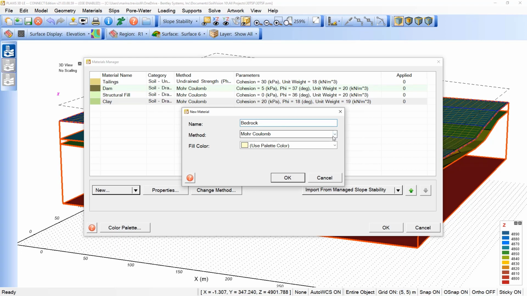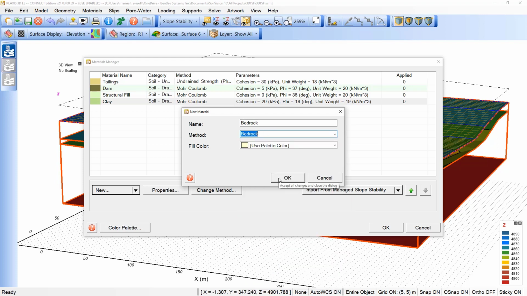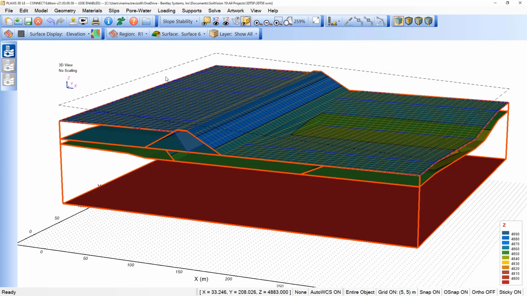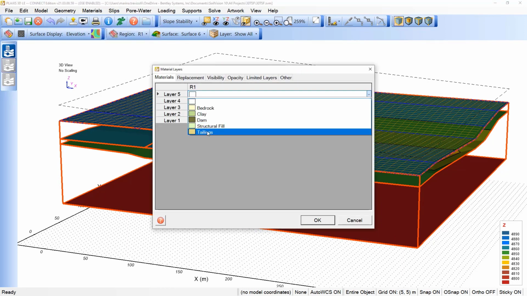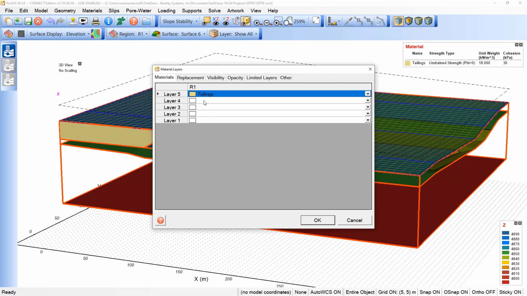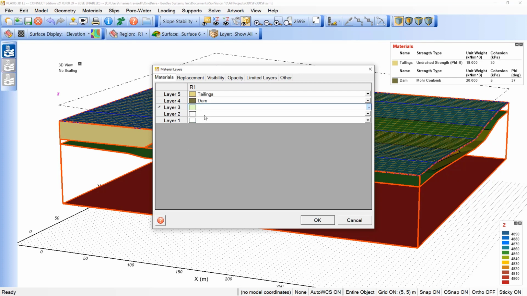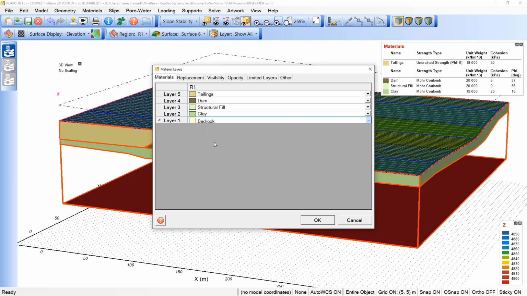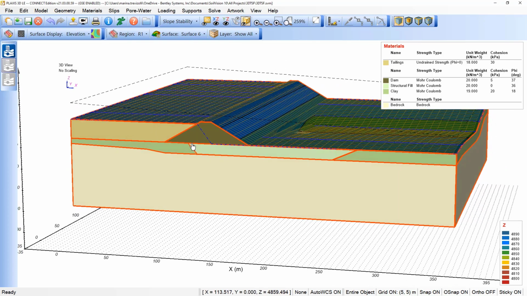So the bedrock in this case will be set as a bedrock model. Okay, we have created the materials, and the next step, here under the materials, material layer, is to assign our materials. So top to bottom, we apply the tailings, the dam, the structure fill, clay, and the bedrock. So as you can see here on the drawing space, we have our model set in